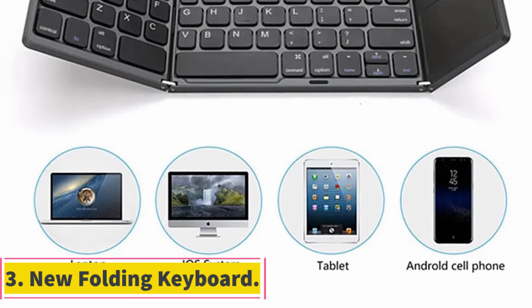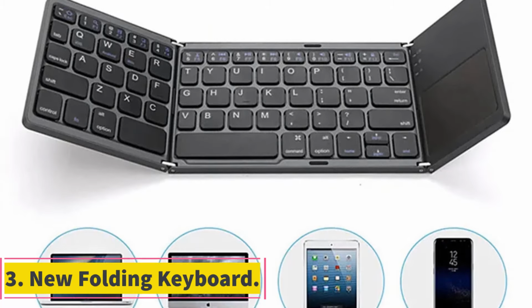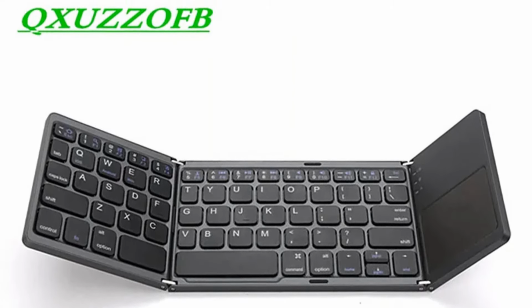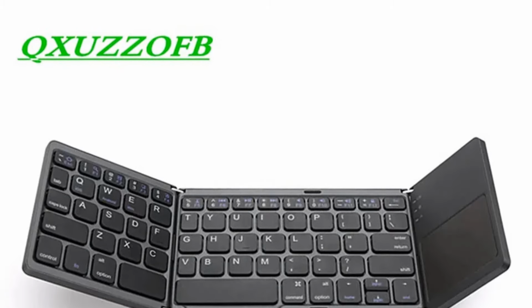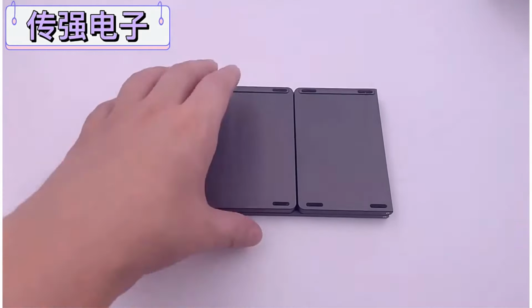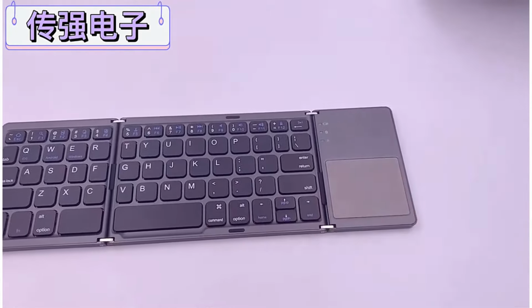Number 3. New Folding Keyboard. The Bluetooth keyboard is a compact and convenient accessory suitable for Apple's system, primarily designed for iPhones, but can also be used with Android phones, although some buttons may not be fully compatible. It features Bluetooth 3.0 technology, a touchpad size of